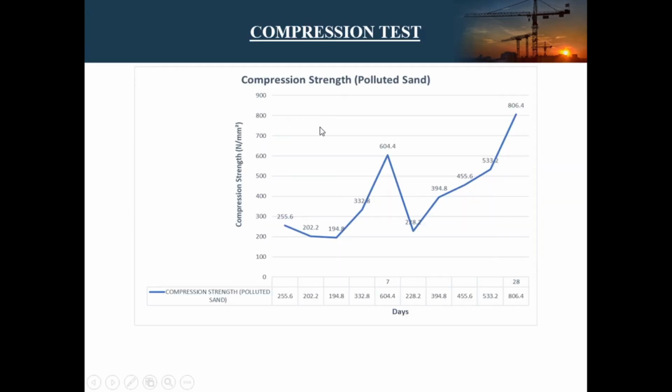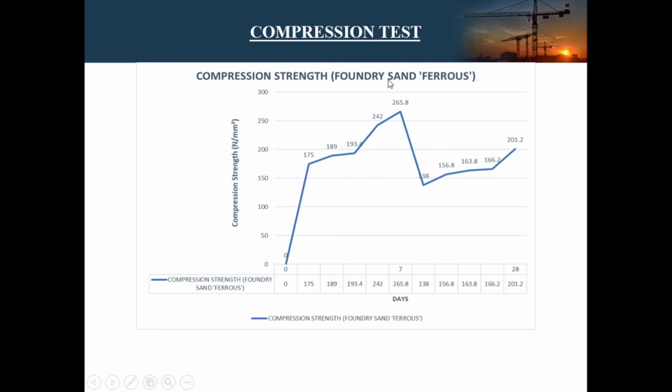My name is Shasha Arisia binti Hussein Chok, and I will be presenting about the compression test. This is the graph for compression strength of polluted sand. In 7 days, we can see that the compression strength is 604.4, while in 28 days, the compression strength is 806.4. Next, the compression strength for foundry sand ferrous. In 7 days, the compression strength is 265.8, while in 28 days, the compression strength is